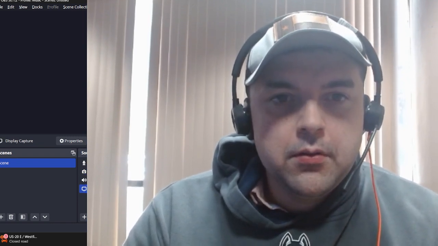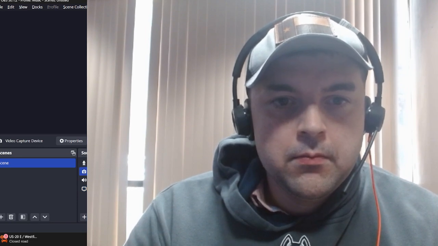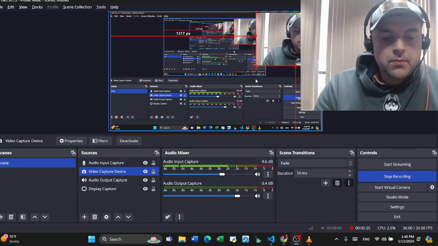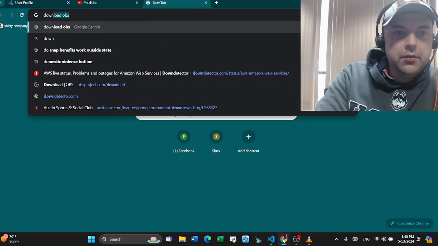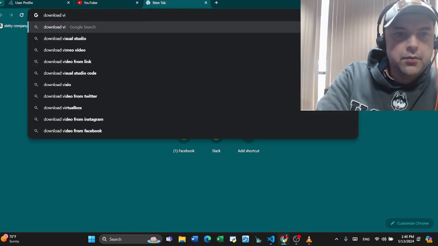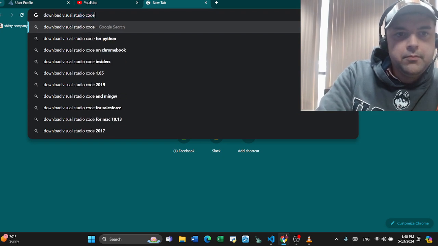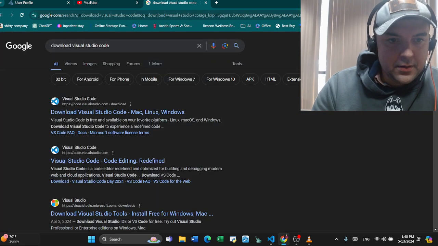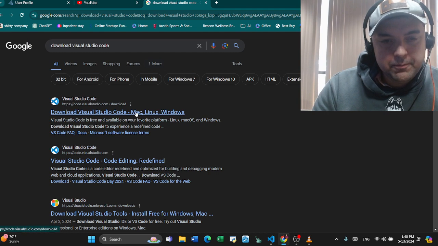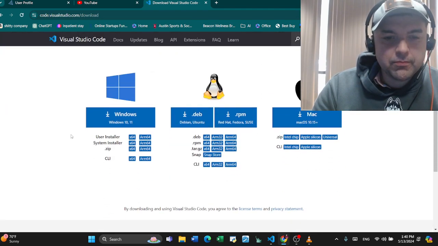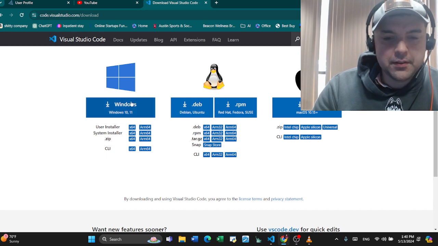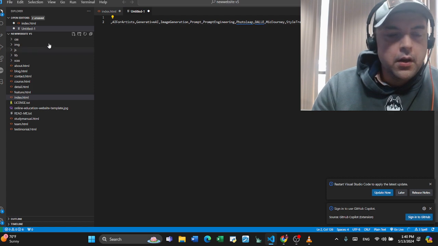So you'll go to download VS Code. It's a free product from Microsoft, Mac, Windows, Linux. Select your operating system, install it. Then, when you open up code,